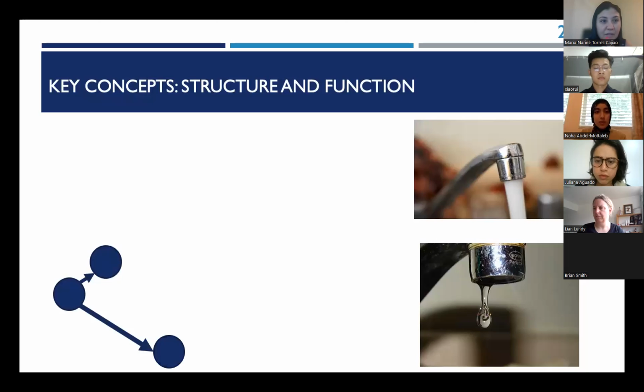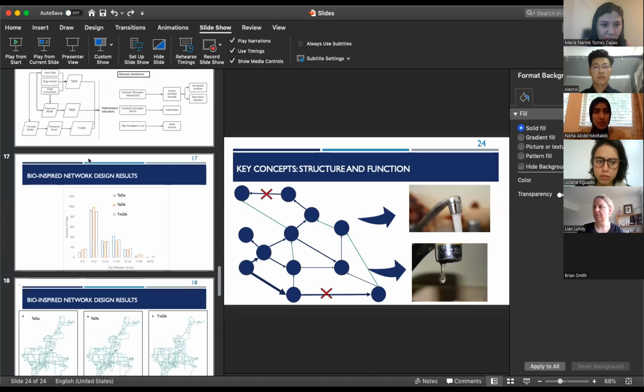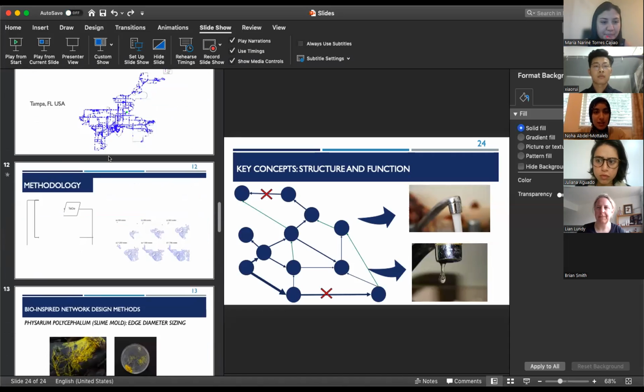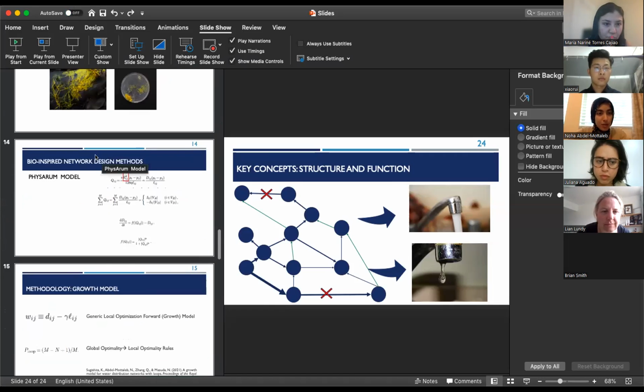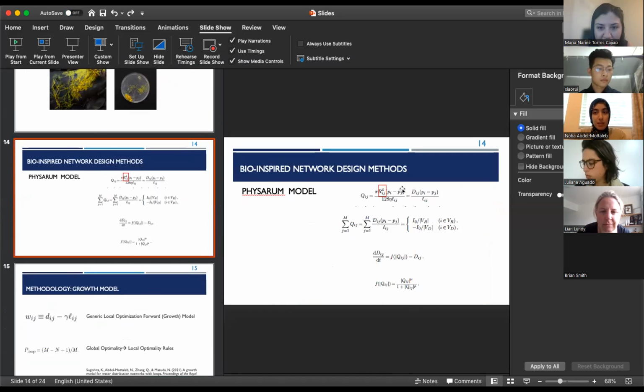Yes, sorry. Can you still see my screen? Yes, we do. Okay, excellent. Are you talking about the slime mold diameters? Yeah. Okay, yes, this is actually an old paper in biology. I'd be more than happy to share the reference. I don't remember it off the top of my head, but I can share that with you and you can feel free to share it with the audience.